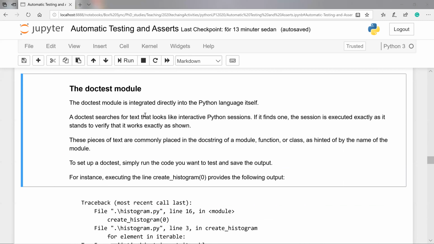The doctest module is integrated directly into the Python language itself. Doctest searches for text that looks like interactive Python sessions. If it finds one, the session is executed exactly as it is, to verify that it works exactly as shown. These pieces of text are commonly placed in the docstring of a module, a function, or a class,